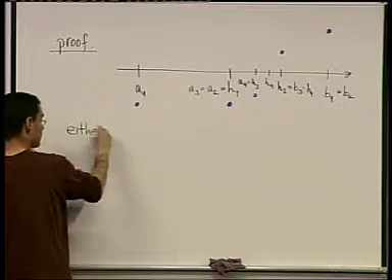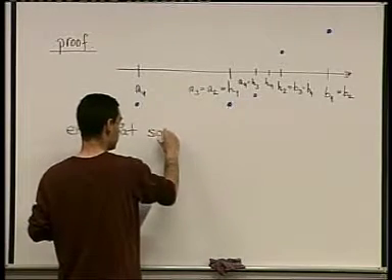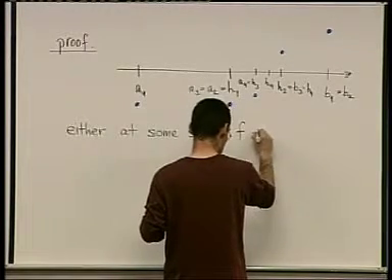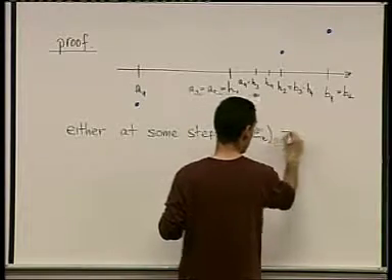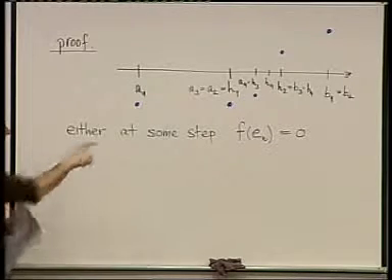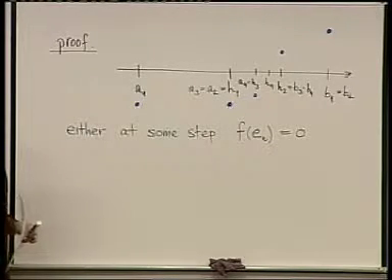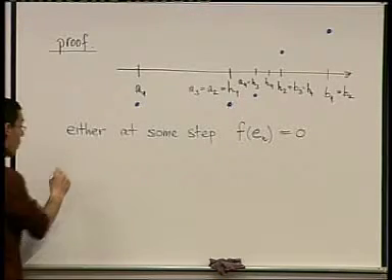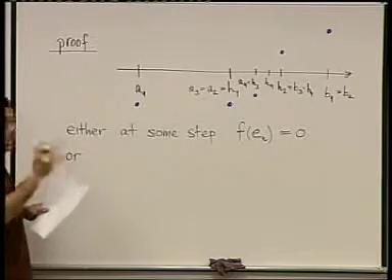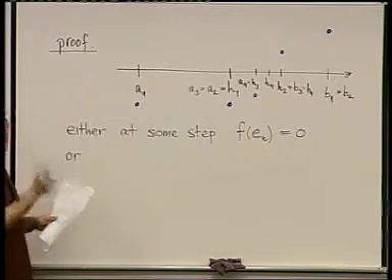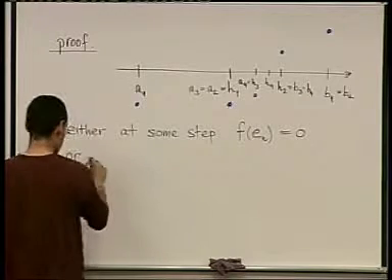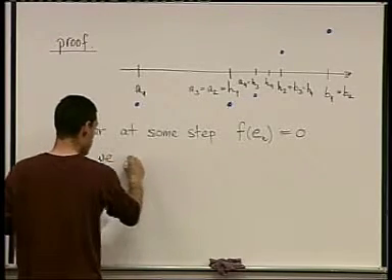Either at some step the value of the function at En, let's say, equals 0, in which case we're done. We found a root. En is going to be that C that we were seeking, right? Or if that didn't happen, it can never happen. There is a possibility that you do it again and again and again, and it's never in that midpoint. But in that case, or we obtain